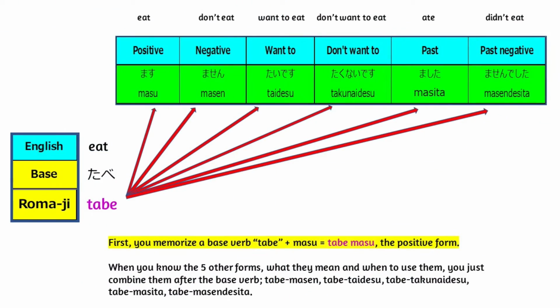Base verb for eat is 食べ, so you memorize ます form first. 食べます。Later, you can practice other 5 forms. 食べません。食べたいです。食べたくないです。食べました。食べませんでした。